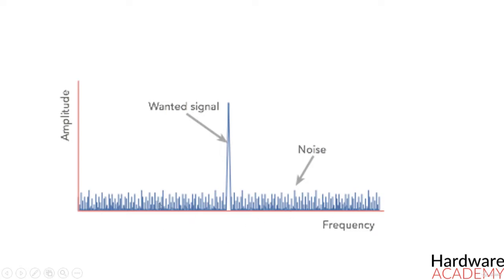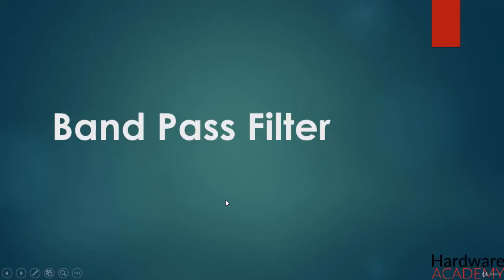As the name suggests, this circuit will filter out the unwanted signals, which is the noise, from the actual signal. There are many types of filter circuit, but the most commonly used and efficient one is the bandpass filter, which can be easily constructed using a pair of resistors and capacitors. So, in this tutorial, we will learn about this bandpass filter, the theory behind it, and how it can be